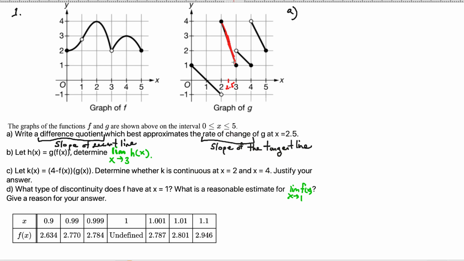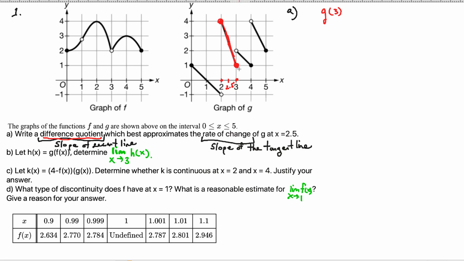That's the tangent line. So we're trying to find the slope essentially of this line, which is actually the slope of this line joining these 2 points. The slope of the line joining these 2 points is the slope of the secant line. That is the difference quotient. So the difference quotient in this case, as always, is given by G of 3. Or which one is it that's going to best do it is going to be this between this point